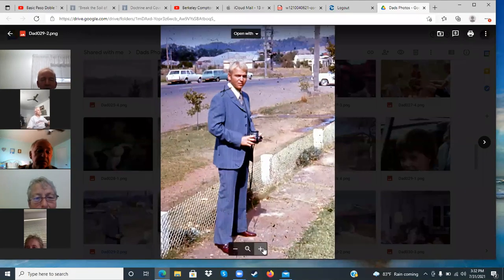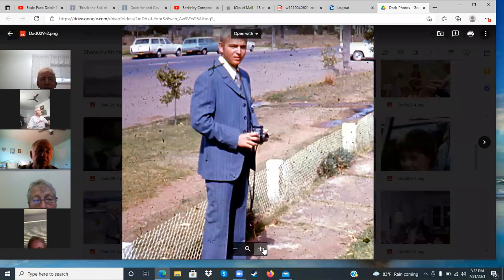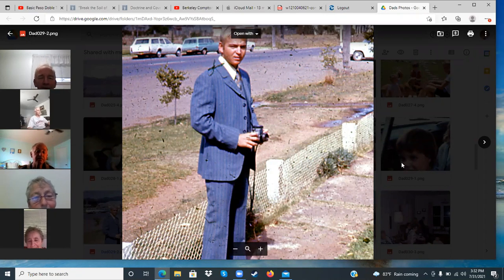Okay. Who is this? Who's this guy? It's a little bit like Ben. That's too old of a photo to be Ben. That's not Ben. Yep, it is. Oh, wait a minute. No, it's not Ben. Look at the cars. Ben was not that big when the car models were that. Ben never had a suit like that.